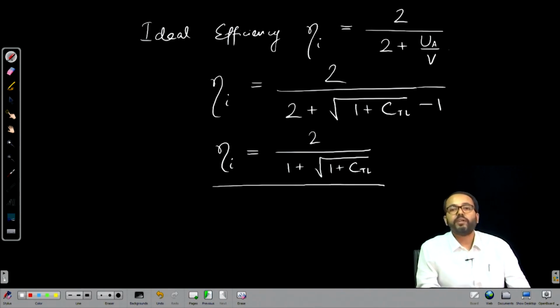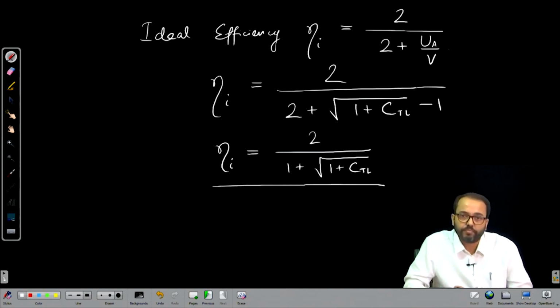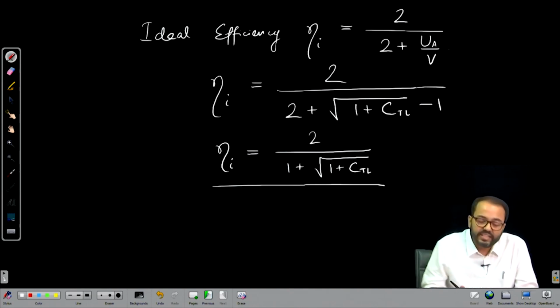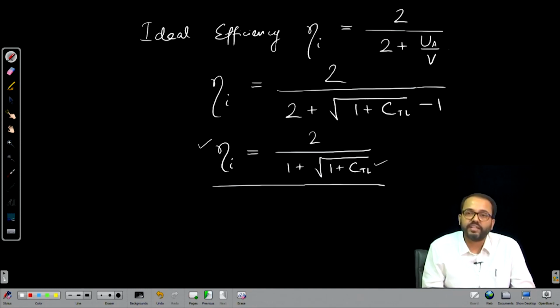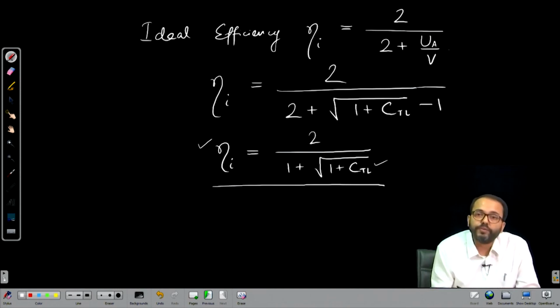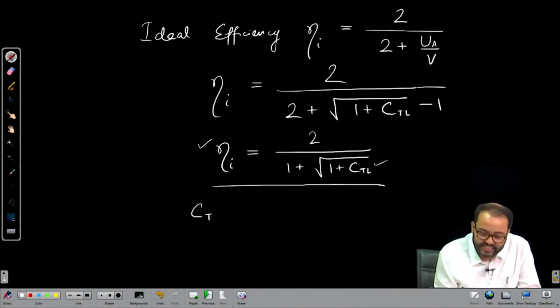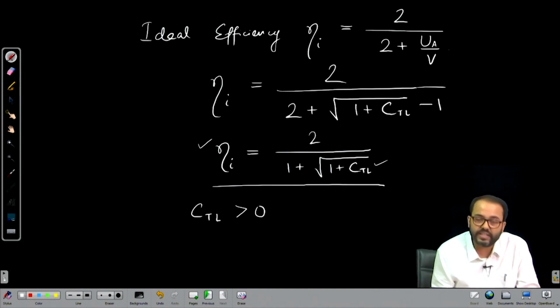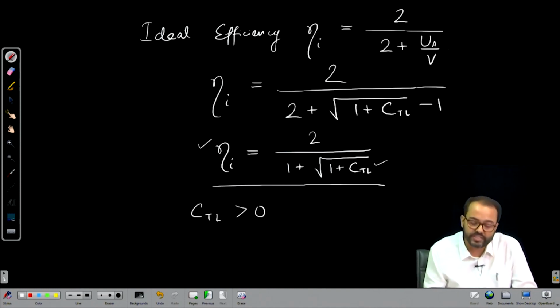This is a very important result from the context of axial momentum theory of propellers, which relates the ideal efficiency to the thrust loading coefficient. Now, what does it imply? If you want to get an ideal efficiency of 1, let us say, what will be the value of the thrust loading? For any value when CTL is greater than 0, let us say, for any positive value of thrust loading coefficient,